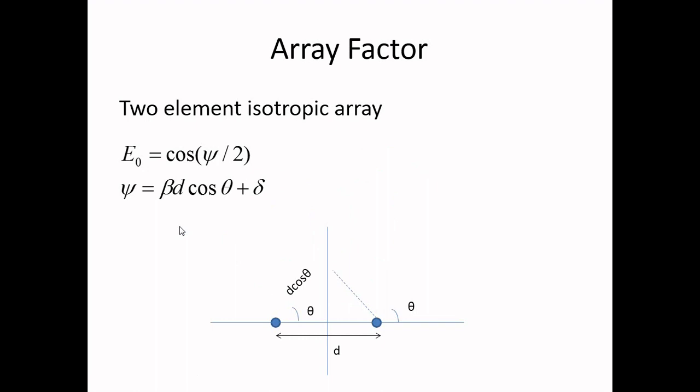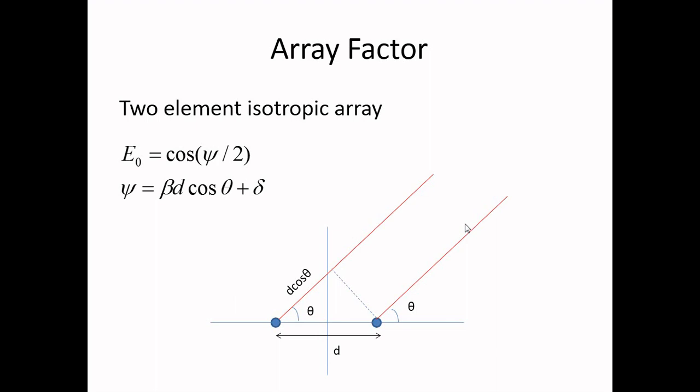But again, the radiation pattern in a polar plot can be drawn only if we have a trigonometrical function. So let us talk about what an array factor is. The array factor is a trigonometrical identity which will help us draw the radiation pattern of an array over a polar plot. So let us imagine that there are two isotropic elements placed at a distance d from each other, and we just select an arbitrary position at which these two elements are radiating. These two red lines show the direction of radiation of these two elements.